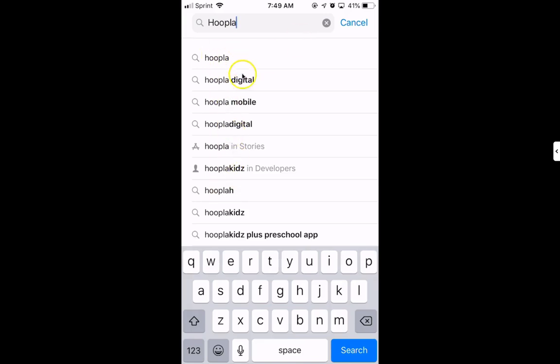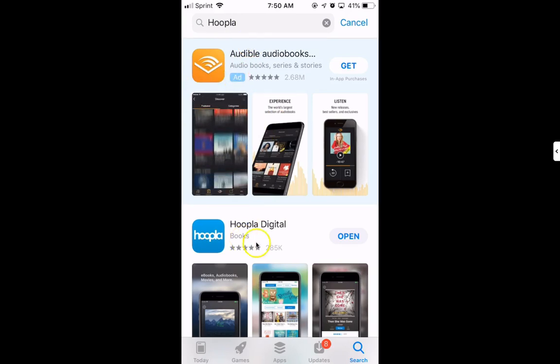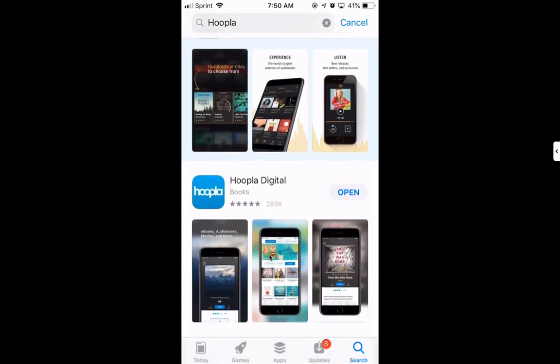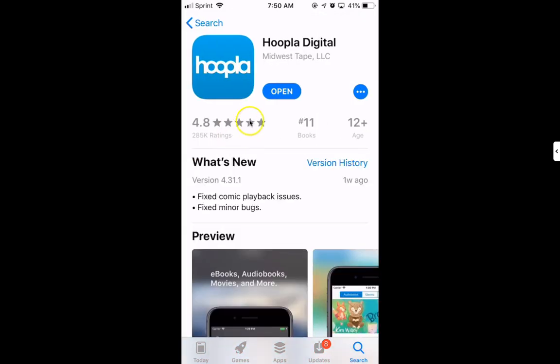You can click on Hoopla, you can click on Hoopla Digital, Hoopla Mobile, or you can tap on the blue search button in the bottom right. Whichever way you do it, you're going to get to the same place. I'm going to click on the blue search button, and then it takes us to this page. The first item is sometimes an ad, but Hoopla will usually be the first or second one as long as you've spelled it correctly. So once you find this, just go ahead and tap anywhere, and then it opens up